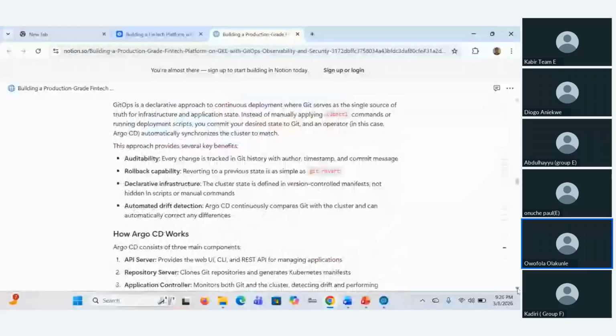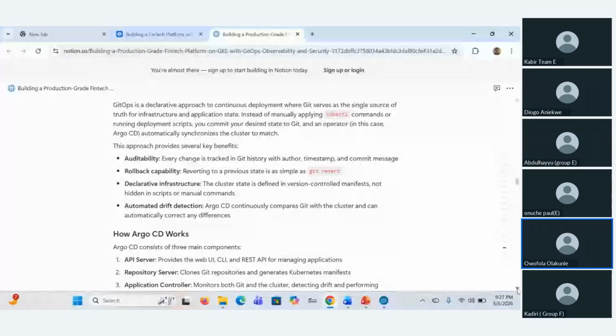So I'm going to explain the GitOps and Argo CD role. GitOps is a declarative approach to continuous deployment, and it serves as our source of truth for our infrastructure and our application. What this means is that anything we declare in our code is what is also inside our cluster. So let's say we change in our manifest code, our deployment code, maybe the replicas to 2. We want what we commit to also be what is going to be inside our cluster.